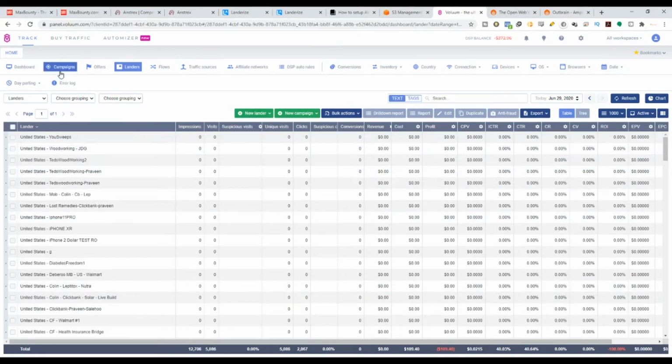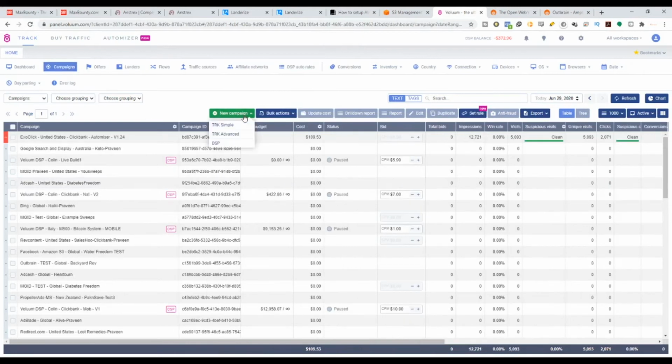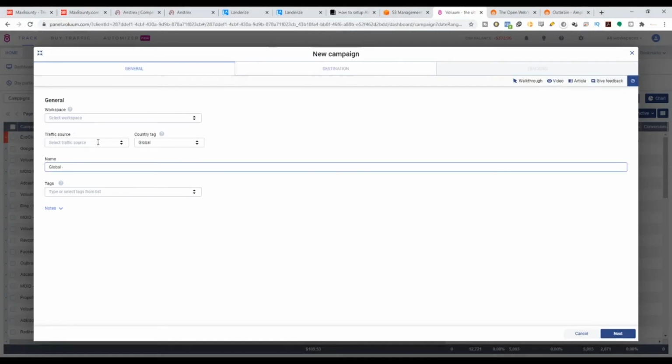Now final step is for you to go ahead and create a campaign. Go to campaign here, hit new campaign, press advanced, and then you're gonna start building our campaign. It's very easy to do it, guys. Just select a workspace first, so it's going to be private. Traffic source, it's going to be, sorry, it's going to be Outbrain. My bad. Outbrain. Country, it's going to be Singapore. Title, it's going to be We